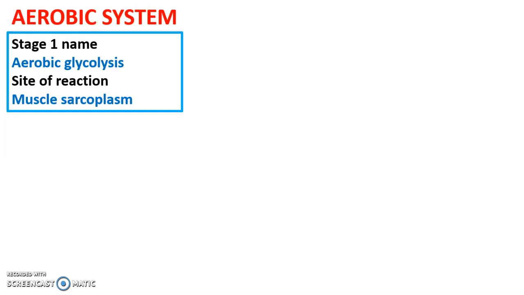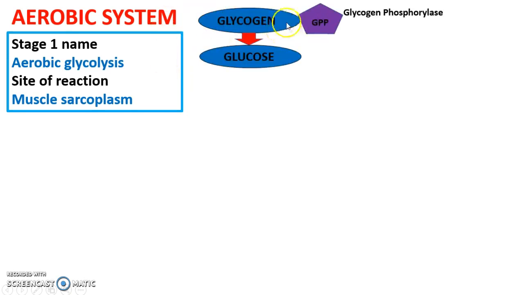Hopefully this will just be a little recap. So if we look at it here, first stage, aerobic glycolysis, site of reaction muscle sarcoplasm. So when we start this off, of course, you'll be very familiar with what we've done with the glycolytic system. Of course, now we have oxygen present, which will have a big impact on the pathway and the process of pyruvic acid. So if we start off then, first part,